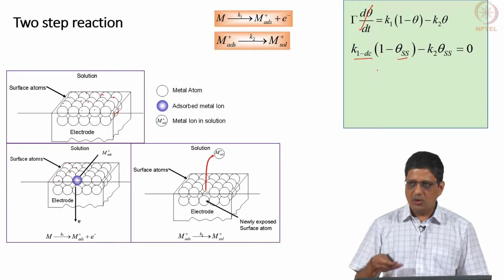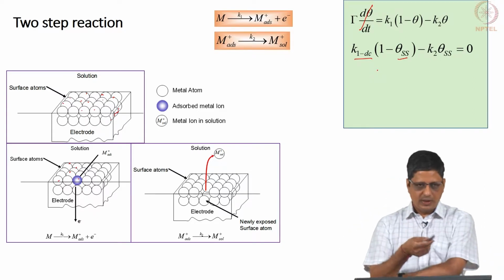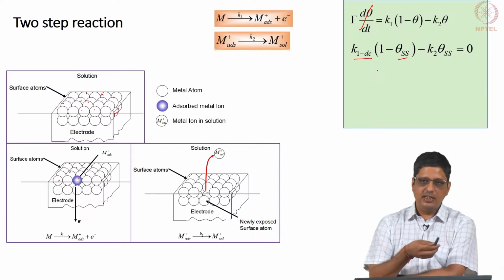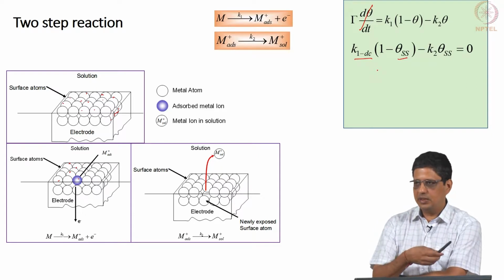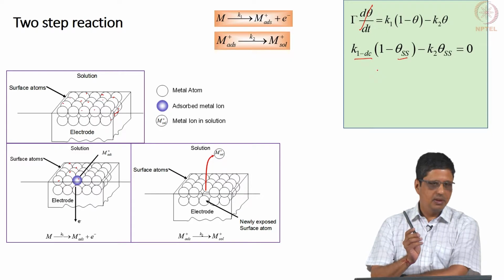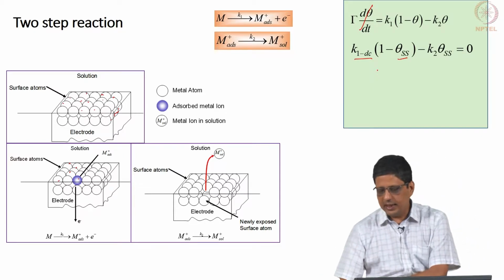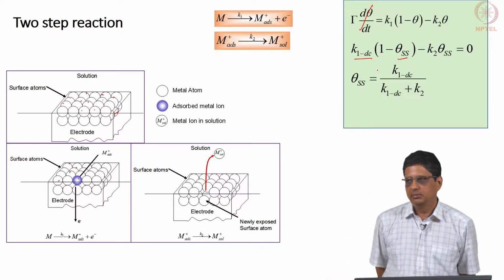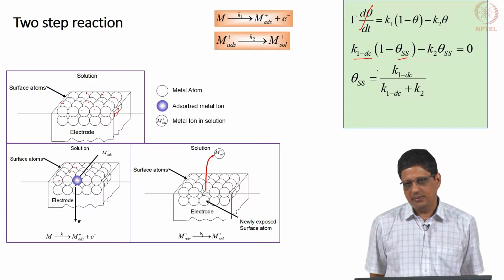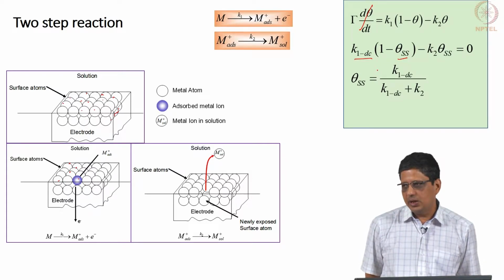then we will go through one or two more types of reactions, maybe not today, subsequent few classes. Once you try it and then get this, it will be a lot easier for you to look at a new mechanism and do this. If you see it in the PPT here, you will feel that you have learnt it, but you may or may not have learnt it well. So, calculate the value of theta SS, it is very simple rearrangement, and you would get K1 DC by K1 DC plus K2.